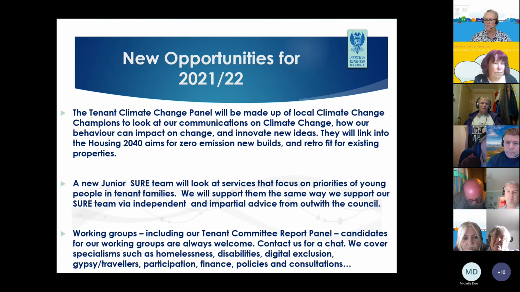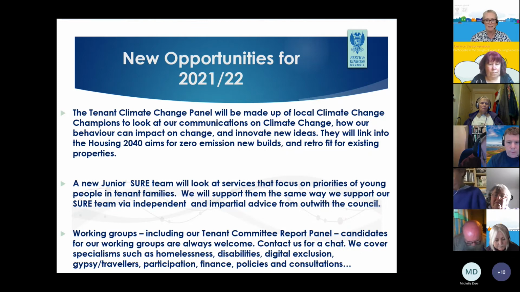We also heard an interesting speaker, Alan Miller from Strathclyde University, who was talking about housing as a human right, and some new groundbreaking legislation coming in from the UN treaties. So what's been said today is about availability and affordability. Housing is more than a roof over your head. It's central for health and well-being. And what the pandemic has shown us is there's a lot of inequalities out there around housing.